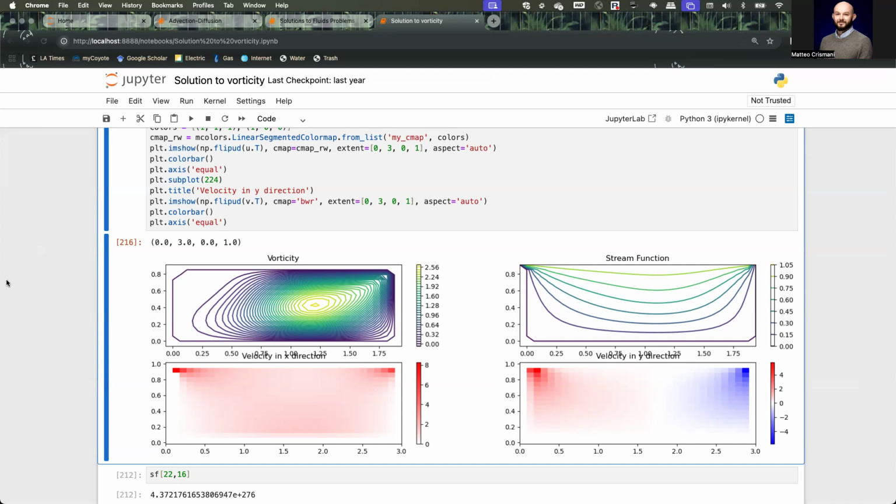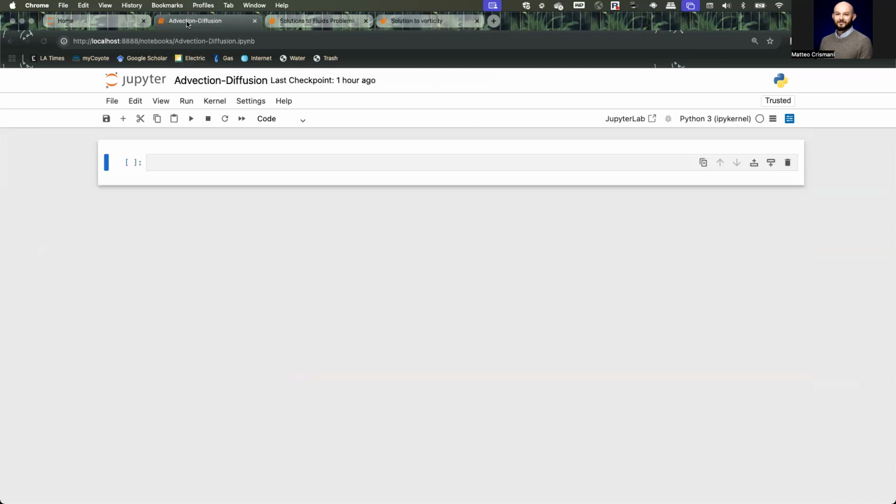Okay. So if you go into the advection diffusion equation, we can create this as well, right? And what we're really doing here is we're thinking about a forward time centered space scheme. Okay, so what does that mean? Forward time means that we're going to take steps forward, and centered in space means that we're going to use multiple objects in our spatial derivative. So what we're trying to do here in FTCS, forward time centered space,